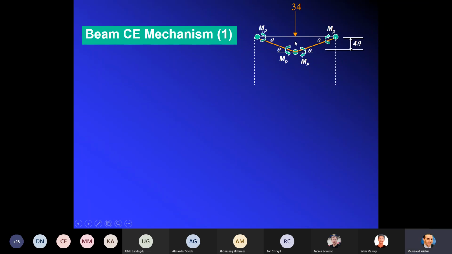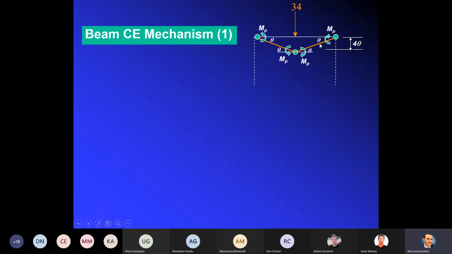The displacement where the load is applied is 4 theta, because this span here is 4 and the span here is 4, so we have symmetry. The total span is 8 meters, and therefore the length from this corner, from the column, to the mid of the beam is 4 meters, so the displacement here is 4 times theta. Then the moments, we have MP at C, MP at D, this is D here, and